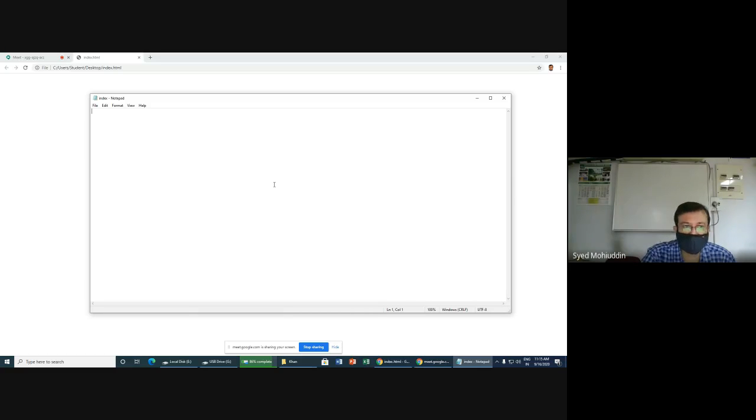Now we have been talking about tags here. Tags are something which tell the web browser to display the text in a certain format, to present the text in a certain format. That is what tags are. And every tag will have its opening tag as well as its corresponding closing tag. So every HTML will first have